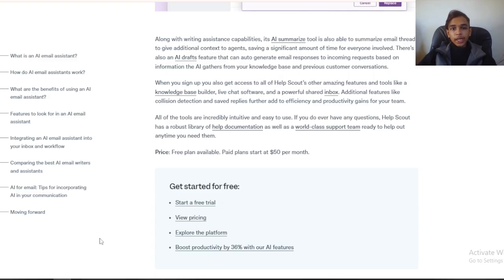All of the tools are incredibly intuitive and easy to use. If you do ever have any questions, Help Scout has a robust library of help documentation as well as a world-class support team ready to help anytime you need them. Price: free plan available. Paid plans start at $50 per month.